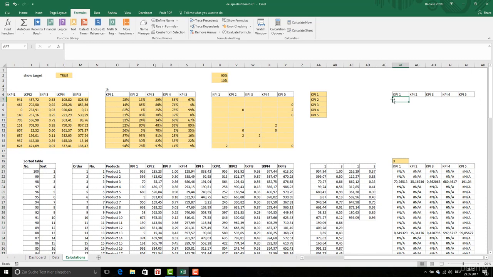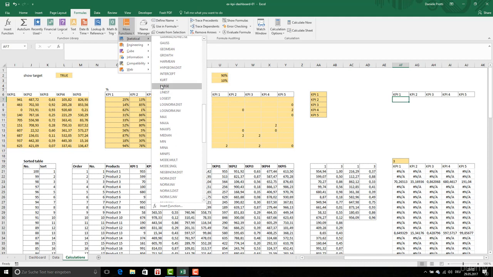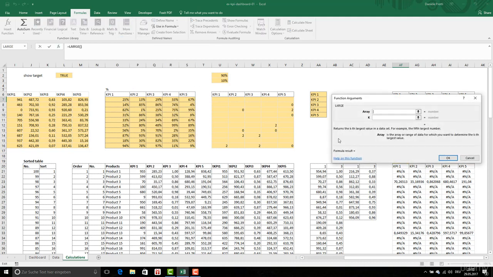I'm going to get the products with the highest value of KPIs. I'm going to more functions, statistical. I'm going to use the large function. The large function returns the kth largest value in a data set. For example, if k is